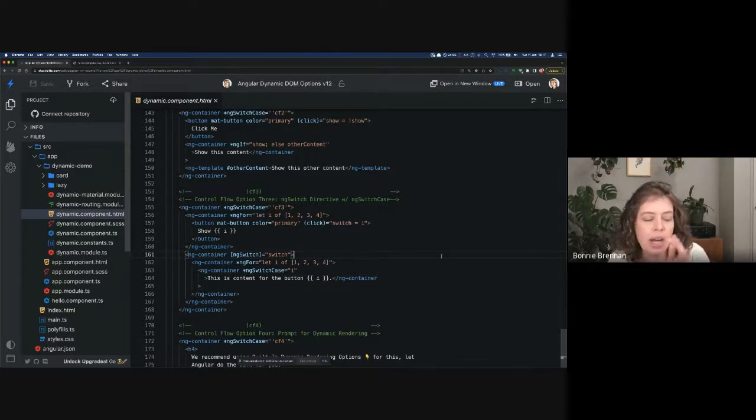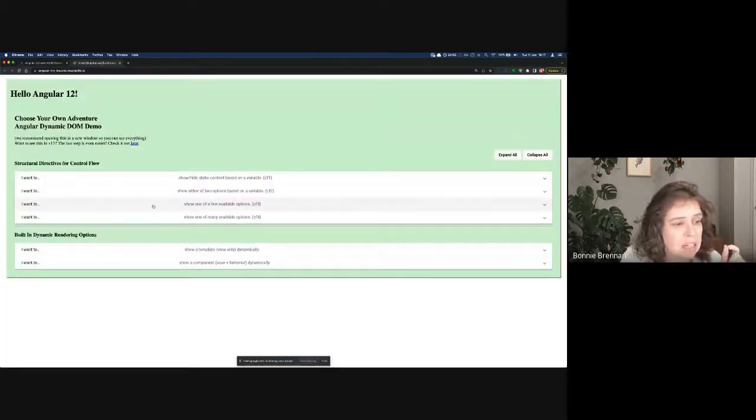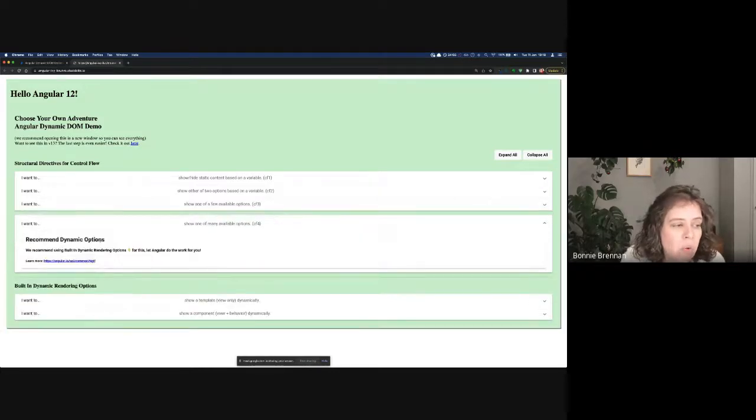But once we have a lot of them, it becomes ngIf else, right? Or if this, and then this, and then this, then it gets crazy. This is where your question is perfect timing, actually, Yakima, because if we want to show one of many available options, right? Because this is the thing: we show/hide based on a variable, we show either of two based on a variable, we show one of several, but when we get into showing many, this is where we really recommend using those built-in